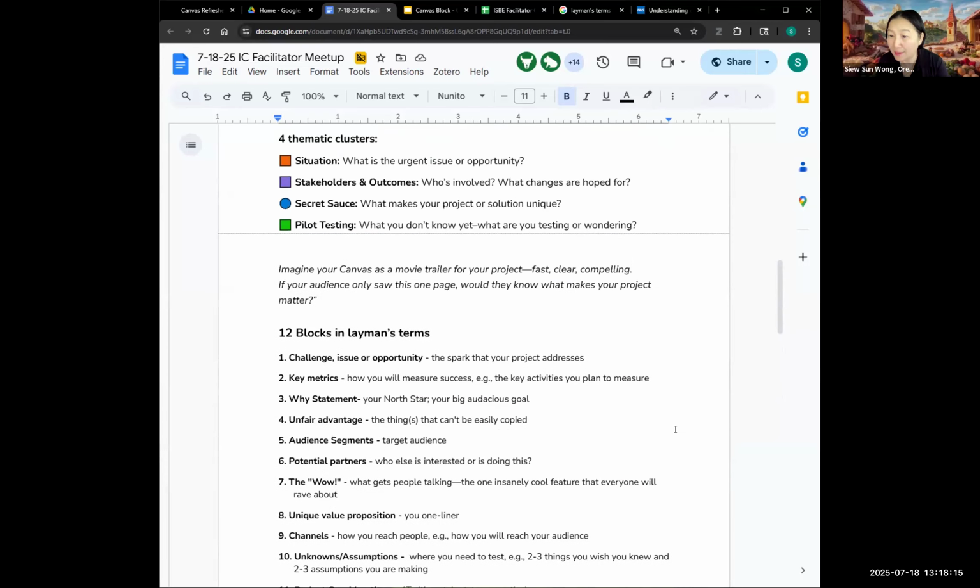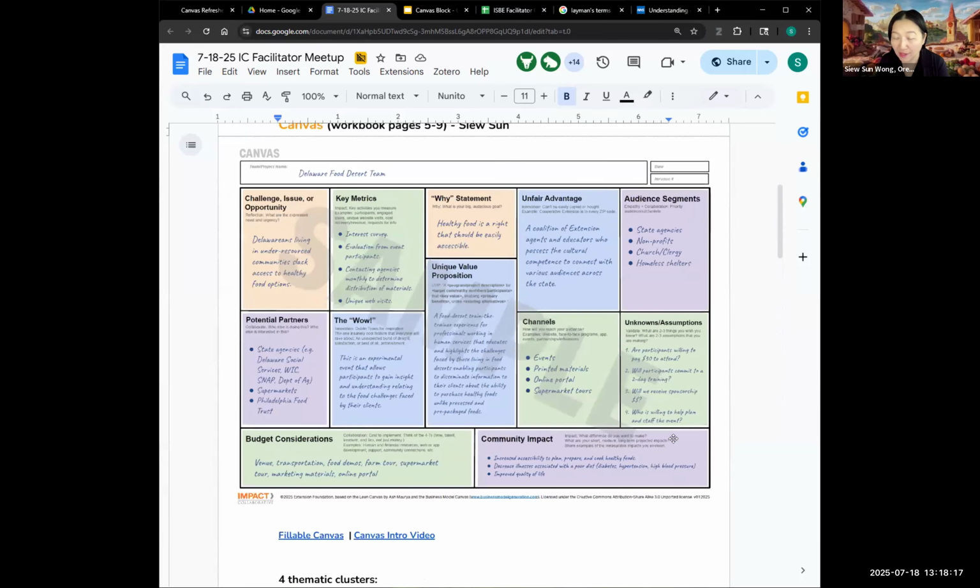So I'm scrolling back here to take a quick look at our classic example in the workbook, the Delaware Food Desert Team. I want to give you like a minute to look through for a refresher.